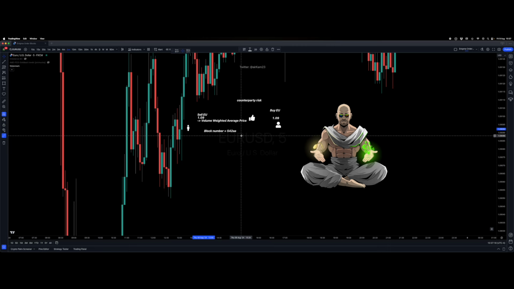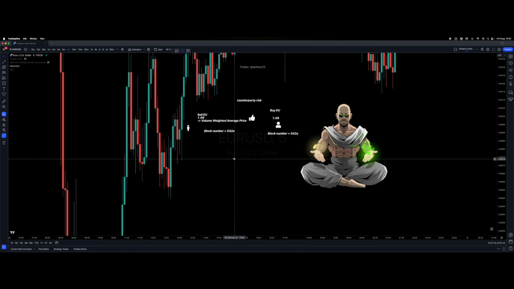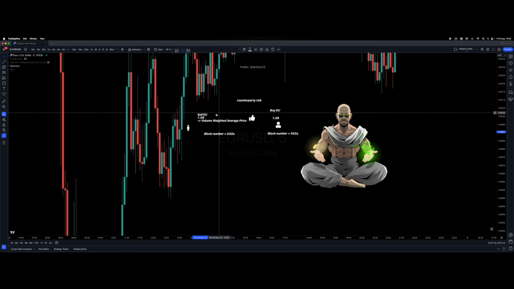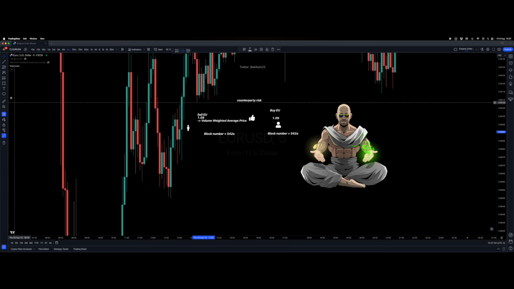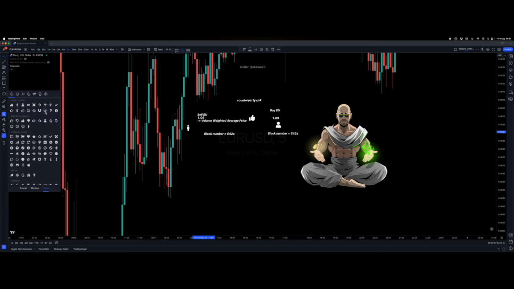Let's say it's 542A, and I can't remember the block numbers because it's been too long. And then the client would have a corresponding block number. So what would happen now is Goldman would have as its counterparty